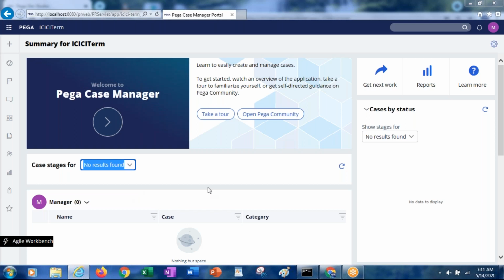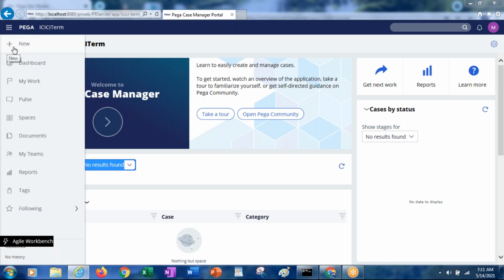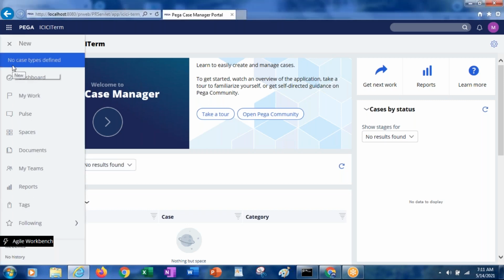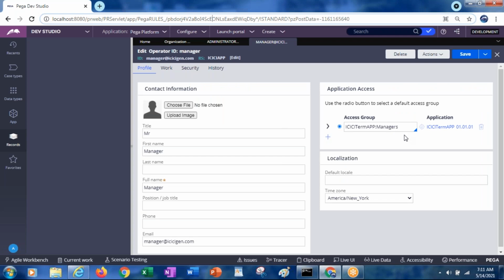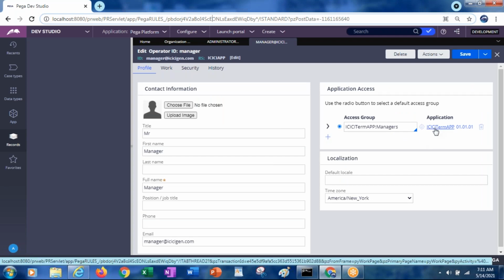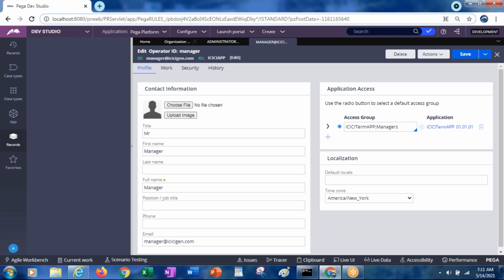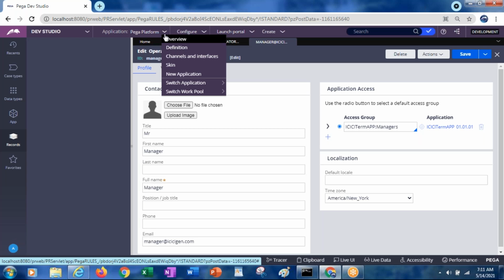So in general, if you want to create any case from the manager portal, you have something called New, and here you need to select the case. But right now it is not displaying any case; it shows no case types defined. If you want to give the operators access to the application, we need to open the application. Either you can open it from here, or is there any other way to open the application? You can go to the